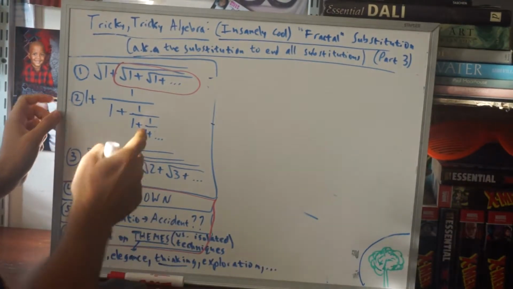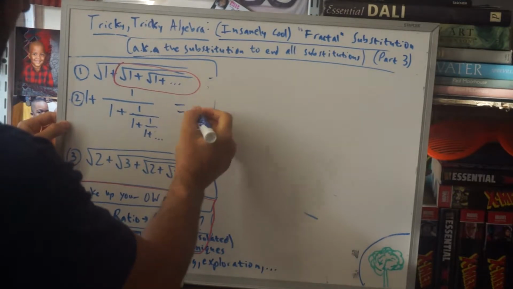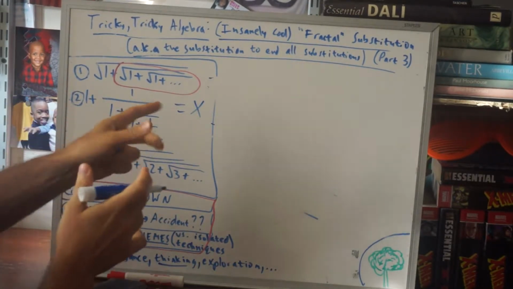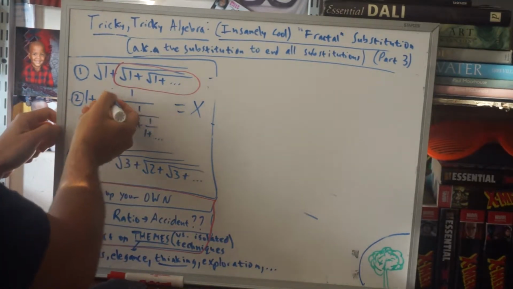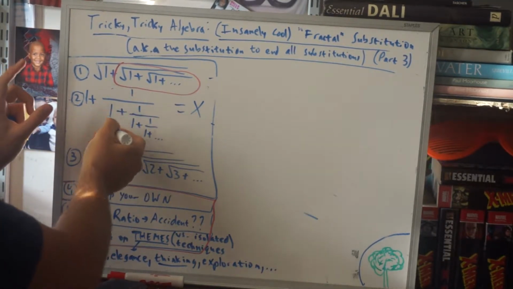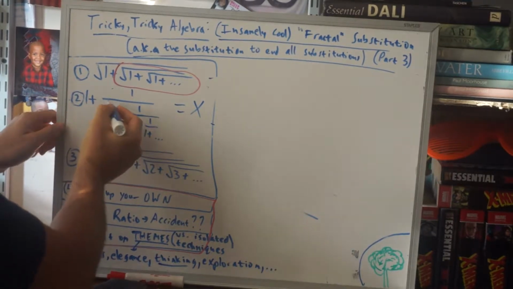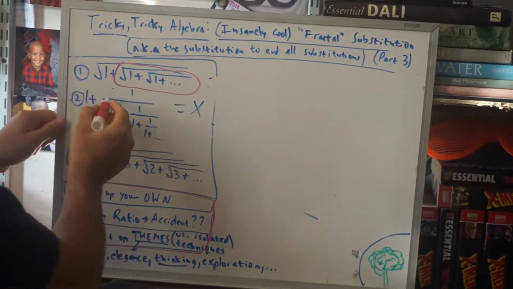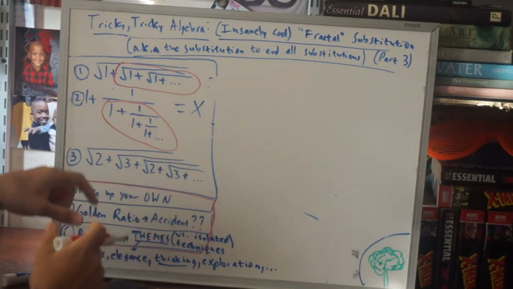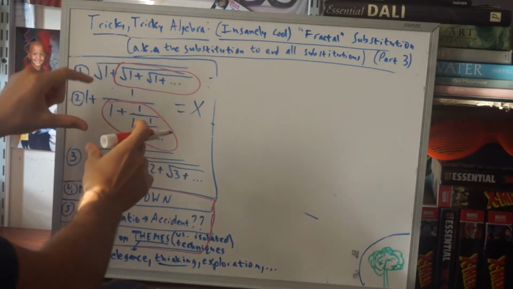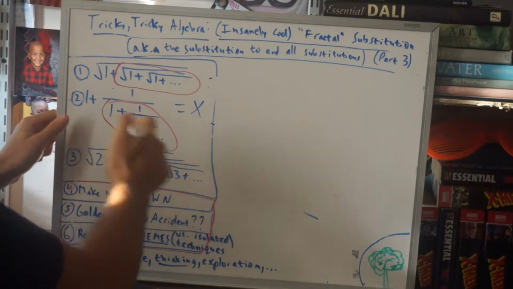So hopefully you guys already see the idea here. Well, first thing, we're going to give it a variable. And now, do we see the thing inside of itself? You might think, well, okay, this is the thing right here, but that would be slightly incorrect because we're starting with a 1 plus. So technically, where the thing restarts is from here. You've got to make sure that you don't just arbitrarily say, oh, there's some infinite bunch. The infinite bunch we're substituting has to be exactly the same looking as the original. So now we have